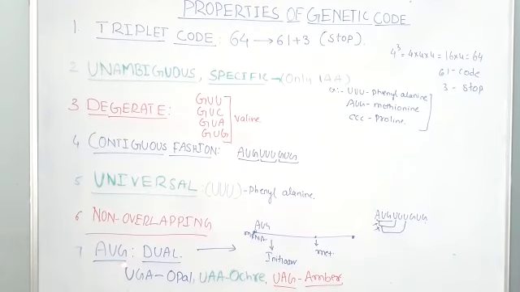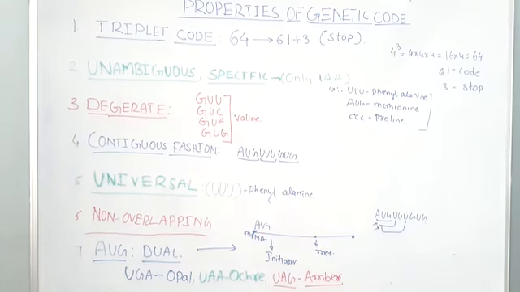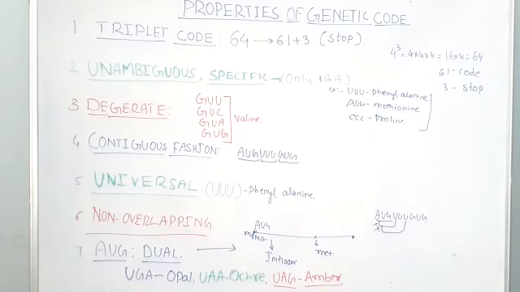So we are already familiar. What is AUG? It is one triplet code. This triplet code AUG is called the initiator codon. Why is it called the initiator codon? It is called the initiator codon because it is going to start the translation on the messenger RNA. It is going to begin the translation process, from 5' to 3'. AUG is an initiator codon because it begins the translation process.